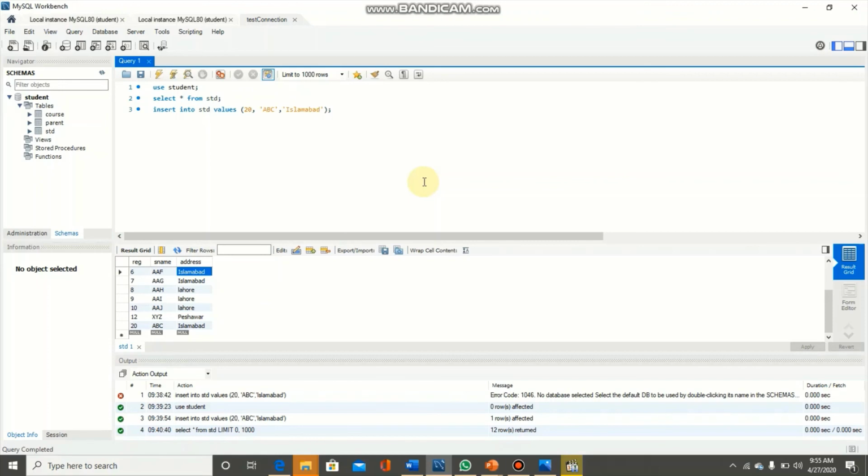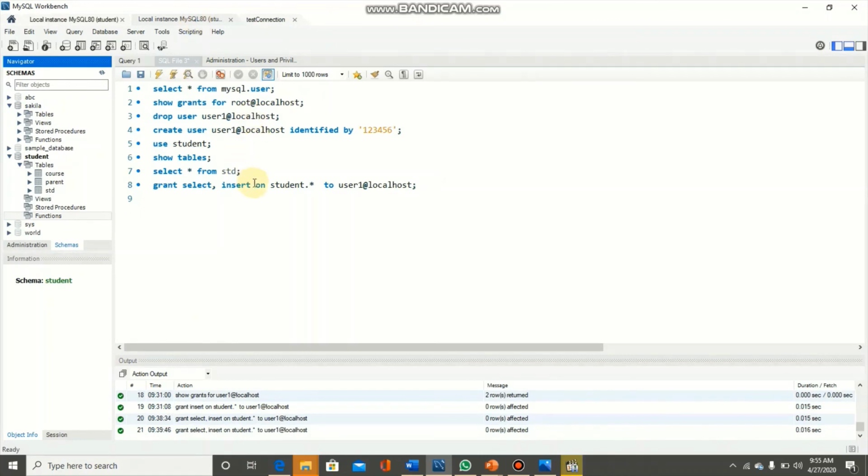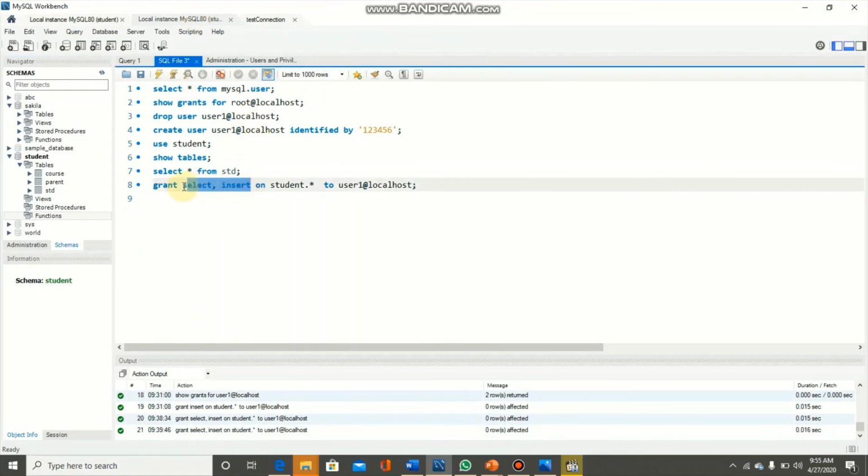Now if you look at this user1, it is working with select and insert. We can grant all the privileges to this user by simply replacing insert and select with the all keyword.